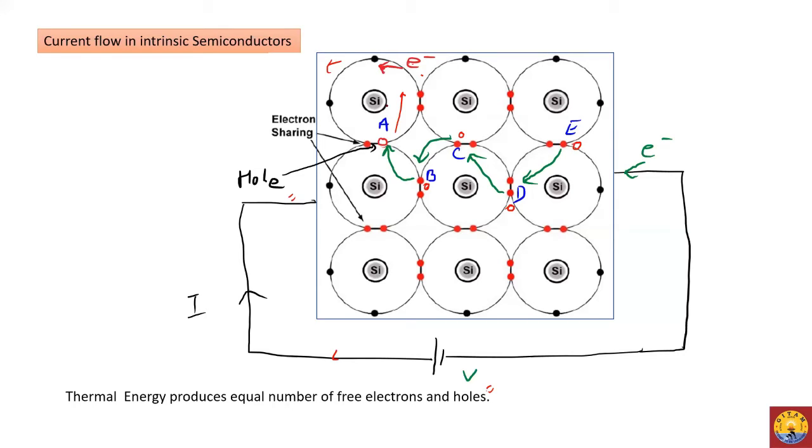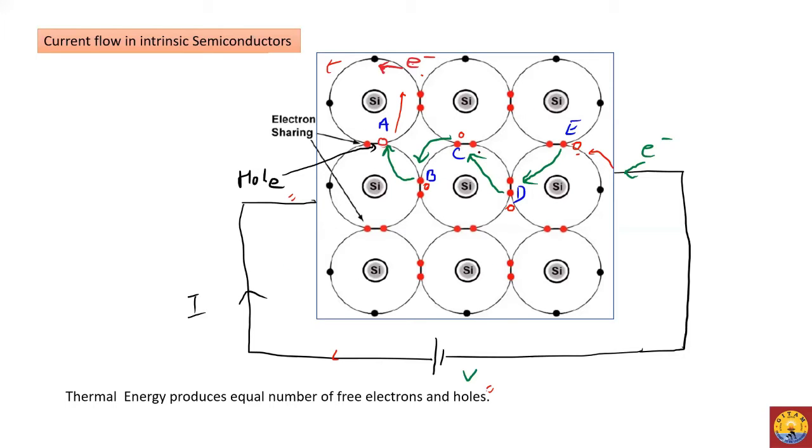So we can see that as electrons are moving from right to left towards the positive plate, holes also move through the material from right to left and reach the other end of the semiconductor. Once the holes reach here, the electrons flowing in this circuit will jump back to the hole at the edge. So they recombine and neutralize each other. In this way, electrons are flowing throughout the circuit.